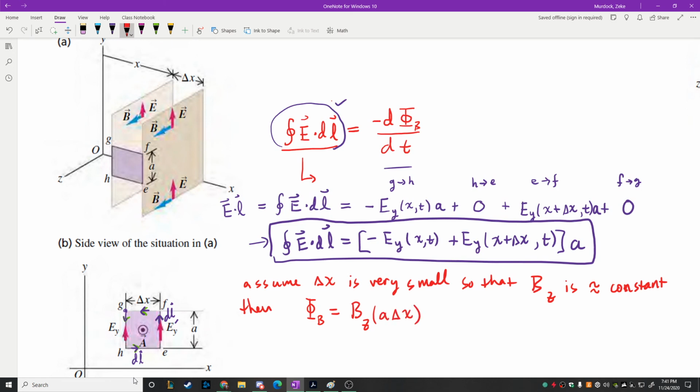Okay? So even though we're saying that the magnitude of the magnetic field is changing from wavefront to wavefront, you could think about this as taking the average magnetic field right here if you want to. If you really want to. But I'm going to write it like that. Okay? And then the right-hand side of my equation now,